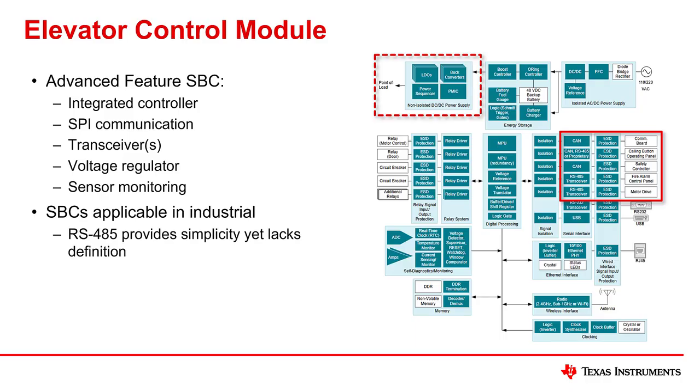While RS-485 is very popular for this kind of application due to its simplicity, it lacks definition beyond the physical layer and supports protocols that have defined host nodes, which in elevator control systems isn't usually the case. This leaves a lot of room for the designer to decide how they're going to implement a message-based protocol on the RS-485 bus. This can be challenging and lacks standardization.